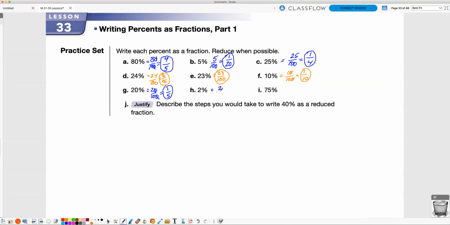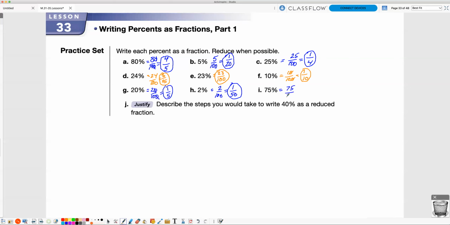2% would be 2 over 100, as we start with, but then we recognize they're both divisible by 2. 2 divided by 2 is 1. 100 divided by 2 is 50. So 2% is the same as 1/50th. And letter I,